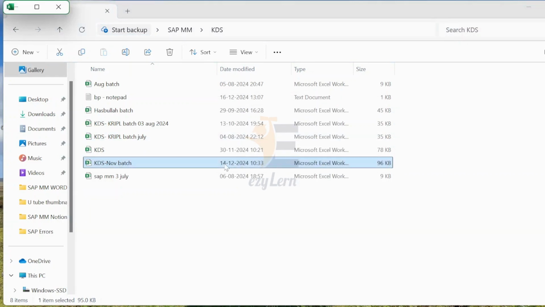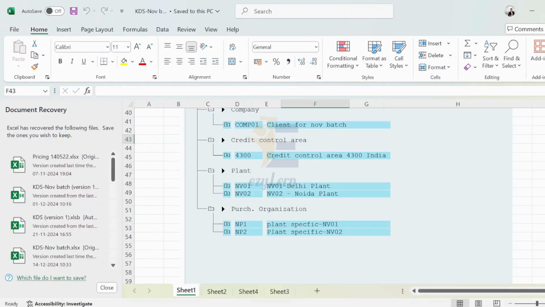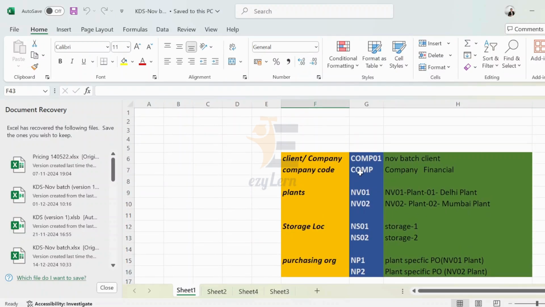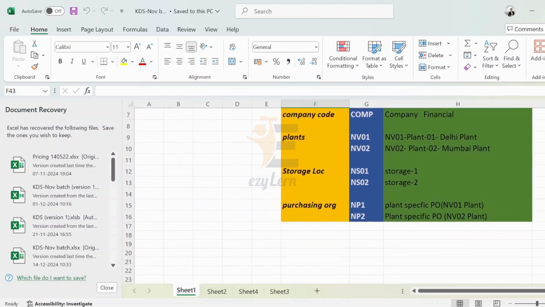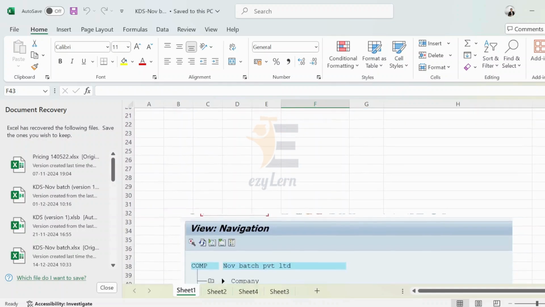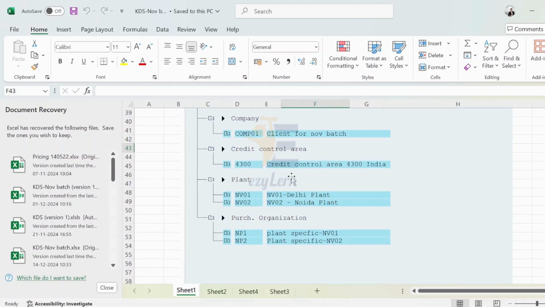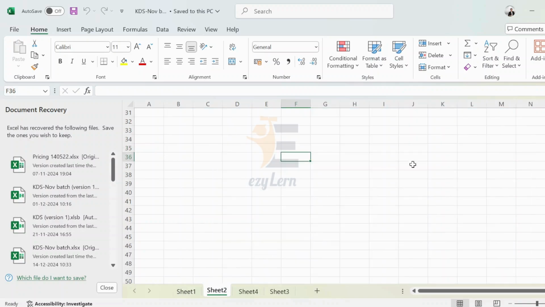We are going to collect the client's requirements, like company code, plant, storage location. Then we are going to map that in the SAP environment. We are going to configure the company enterprise structure, the complete organization structure and enterprise structure, in SAP, and you need to maintain that KDS file, key data structure file.